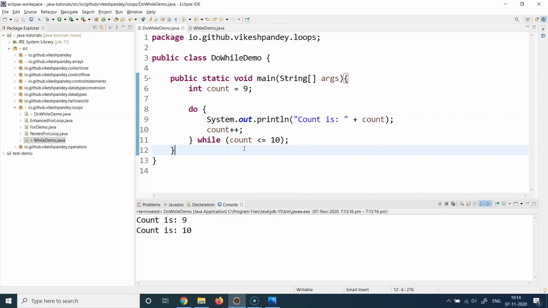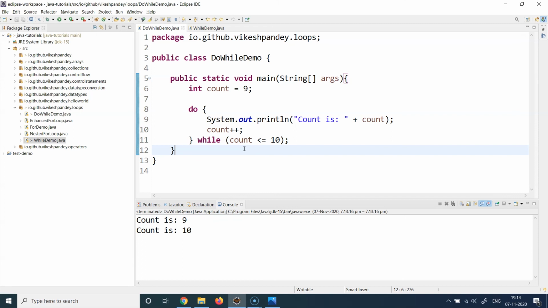But the bottom line is very straightforward, that whenever you want to write some pre-processing logic, even before checking the very first condition of your loop, then in that case, you will be using a do while loop. Otherwise, a normal while loop or a for loop will absolutely work fine. So that's the takeaway I would like you to take away from this particular session.